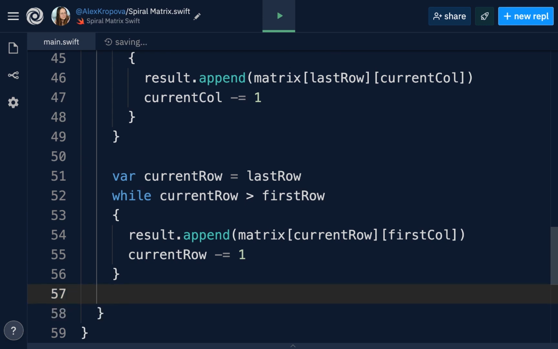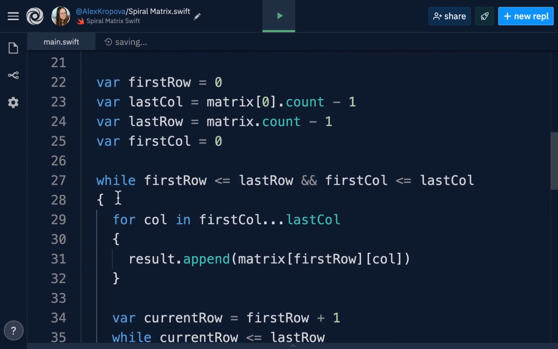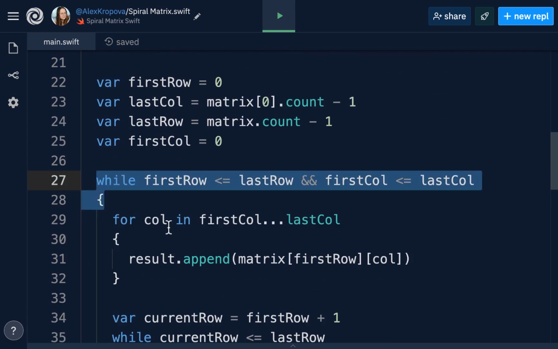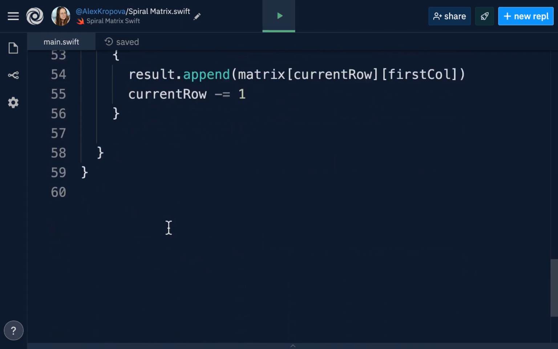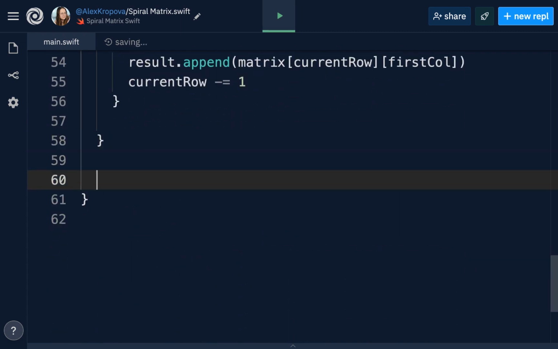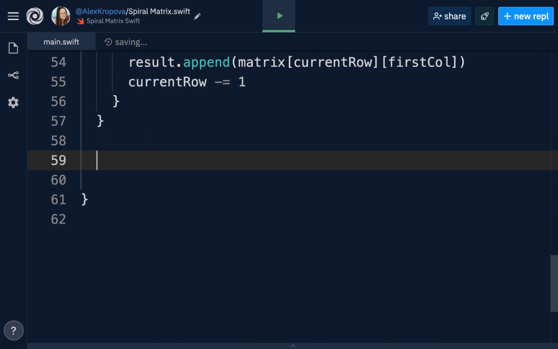Now, outside of this while loop that we have, which is ensuring that we have a matrix present, we have to add more functionality. So that is going to be just before the function ends. We need to go ahead and add more functionality. So now that we have printed all of the values in the first row, then the last column, then the last row, and the first column, we have to go ahead and subtract those borders. We have to cut the matrix, cut off its crust, if you will.